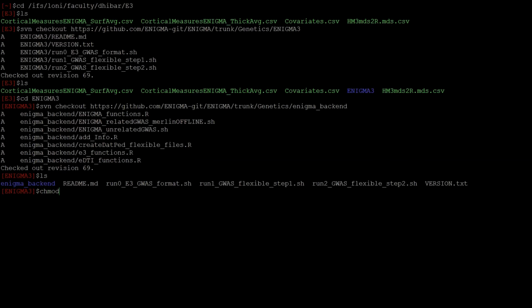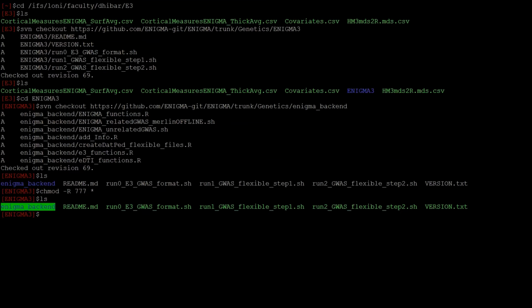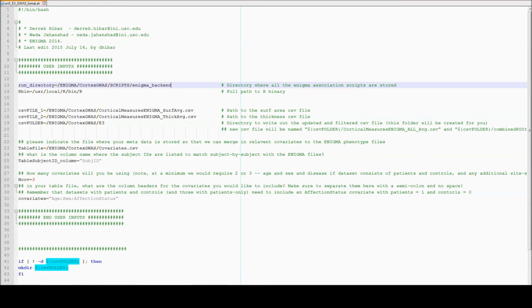Check to see that you are still in the ENIGMA-3 folder that you downloaded earlier. Make sure that everything in this folder has executable permission. Open run0_e3_GWAS_format.sh and make changes to the following lines. Run directory is where the Enigma association scripts are stored. They should be in your working directory